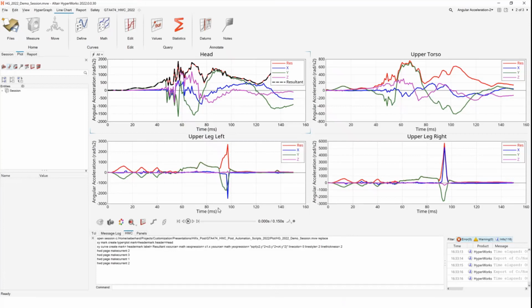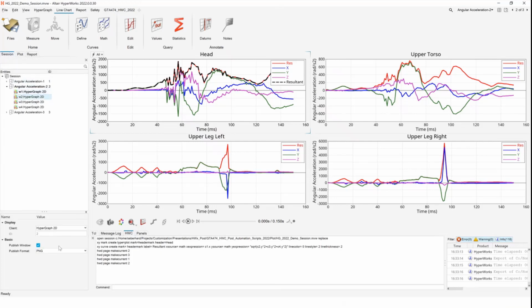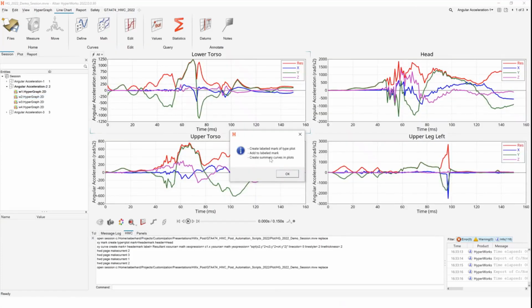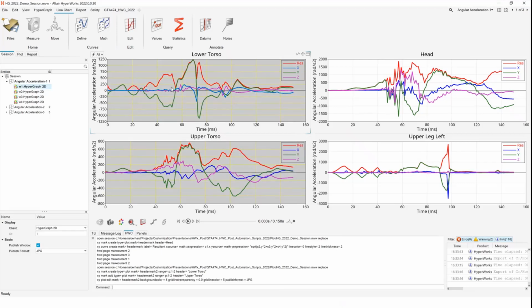So far, if I load a session, all the plots have the publishing format PNG. And now let's run the script. This will load, create an edit mark. Here comes the message, what will be done. And then you will see it found